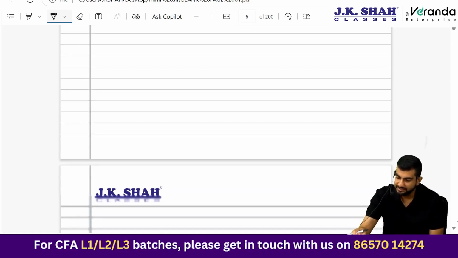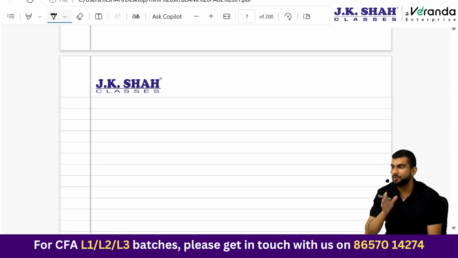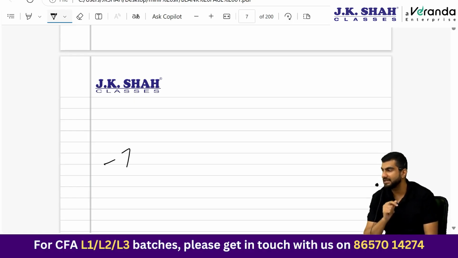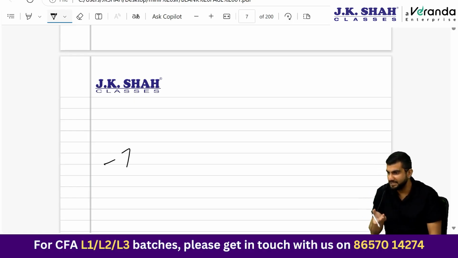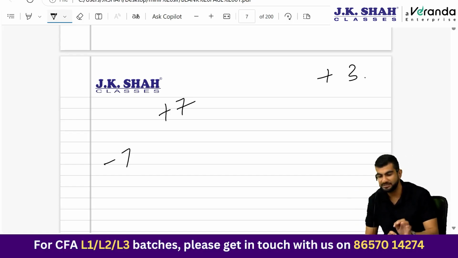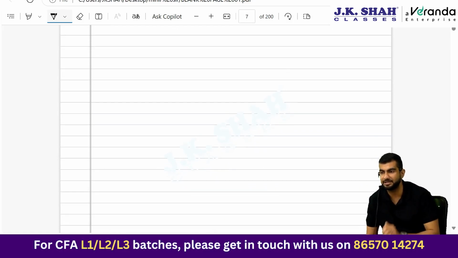But let's take a new case now. First time only there is a downward revaluation of 7, that entire 7 will go in P&L. Subsequently, if there is a reversal, if there is an upward revaluation of, let's say, 10, so 7 will go in P&L and over and above that 3 will go in OCI. Okay, please be very careful with respect to the reval treatment.